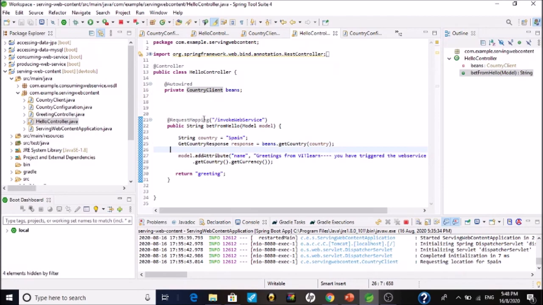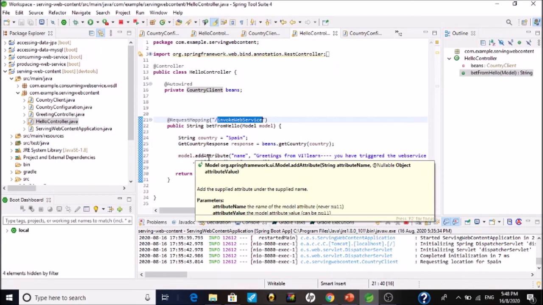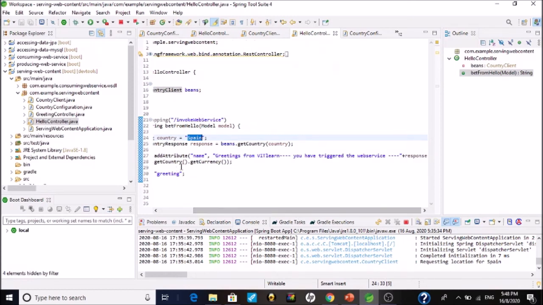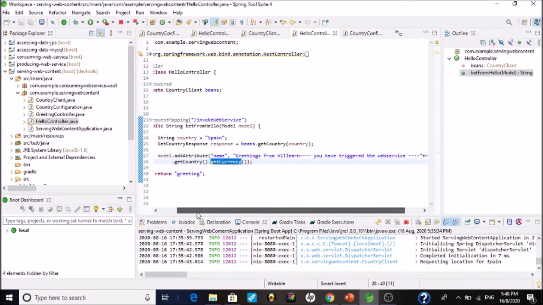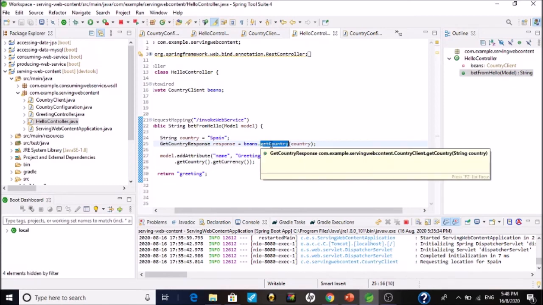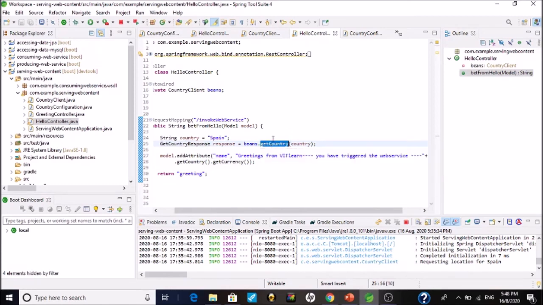So this service which is running in the server, when you pass any country name, it will provide the currency name of it. What I am doing here is, I am using the web service client. I am calling a method which is exposed in the server, getCountry.